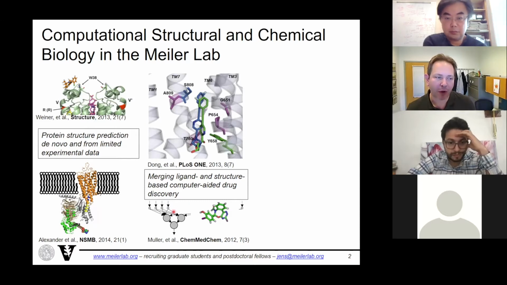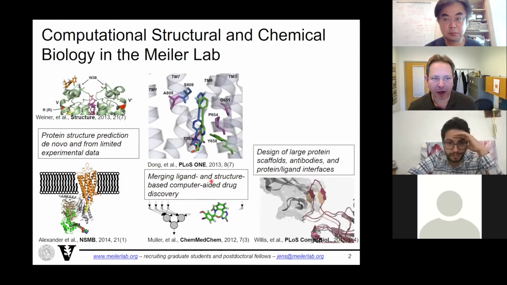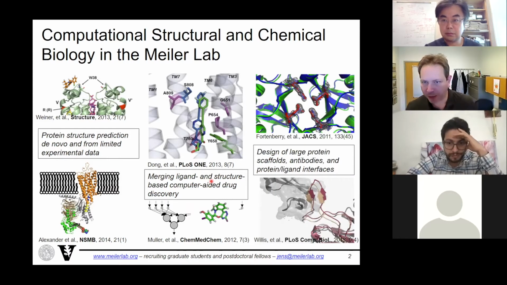We also employ a lot of machine learning, artificial neural networks, artificial intelligence, if you want, in drug discovery and also in protein structure prediction and in protein design for that matter. And the third area of the lab is engineering proteins, engineering antibodies, engineering protein therapeutics, engineering vaccines. And I'm going to show you a few things of each of those.